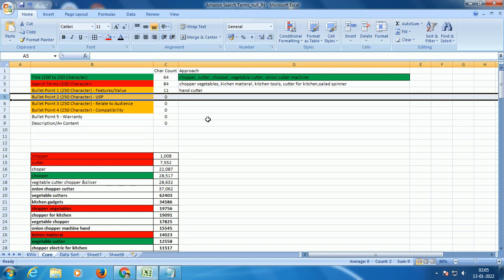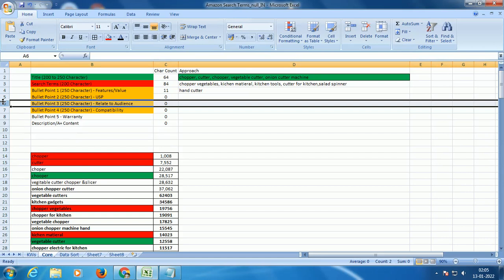And in your third bullet point, you should be able to connect with your audience, right? So you should be speaking about the user experience. You should write copy in a way that when your audience reads your bullet points, they feel, okay, this product is going to improve my life.